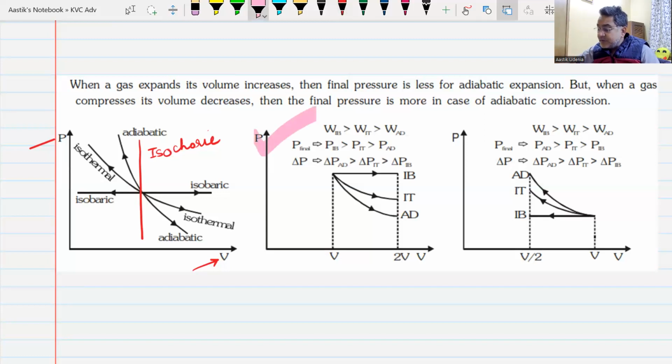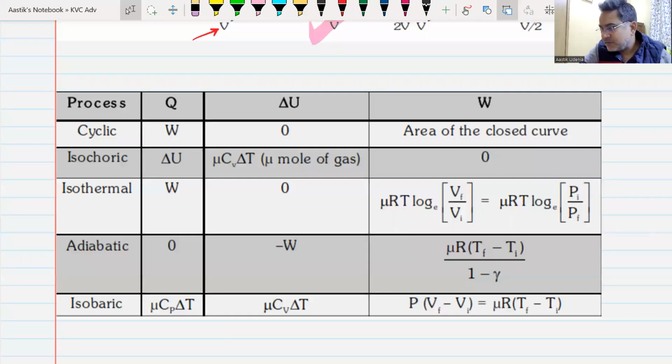Same thing is written in terms of PV graph of work done in expansion process. The maximum work is done in isobaric process and minimum work is done in adiabatic process. But in compression, the minimum work is done in the isobaric process and the maximum work is done in the adiabatic process. Do we understand this? Yes, sir. Can we move to this table? I think everything is known in this table. Yes or no? Yes, sir. You just put it in tabular form. Do you want to note it down? No, sir. Okay, then we will move ahead